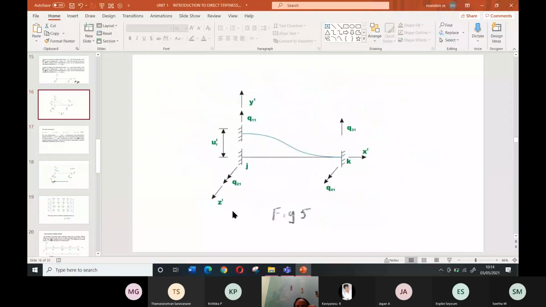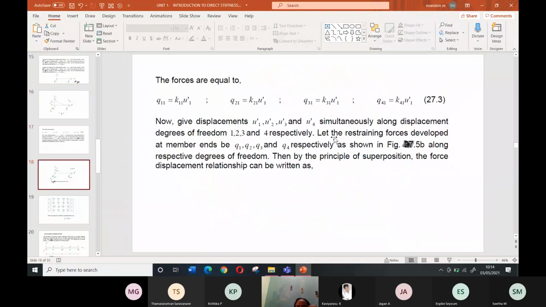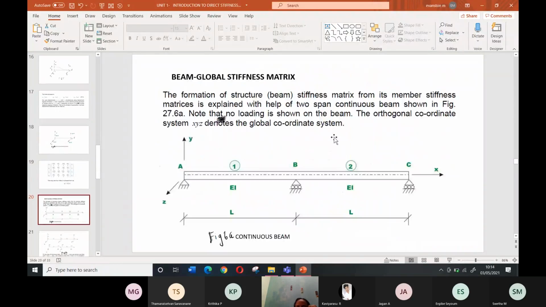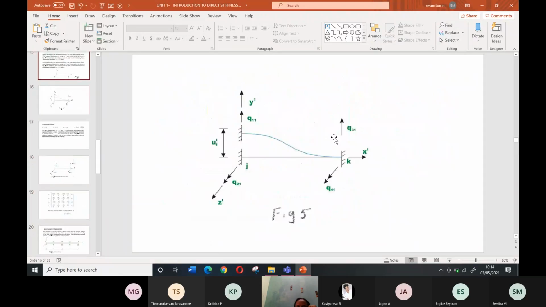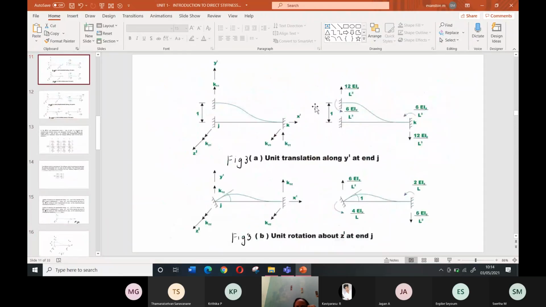This is unit displacement at end A. So you will get the first row. Then take this one. This is a unit displacement at end A. This is the unit rotation at end B. So for unit rotation in the stiffness matrix, you will get the second column. And similarly, I can go for the